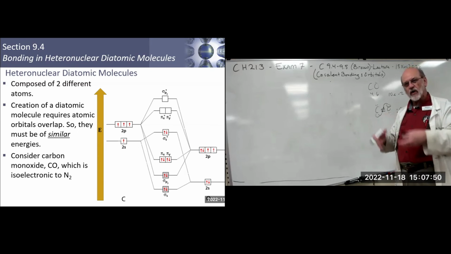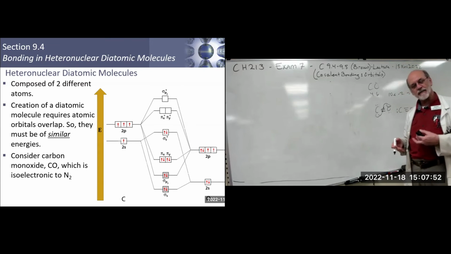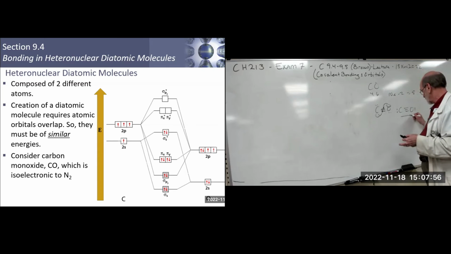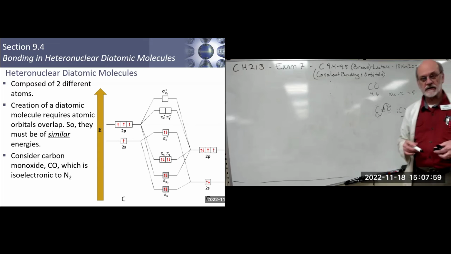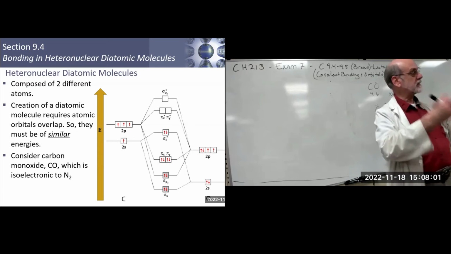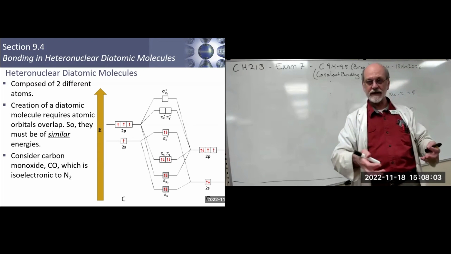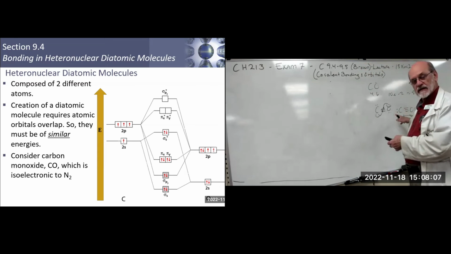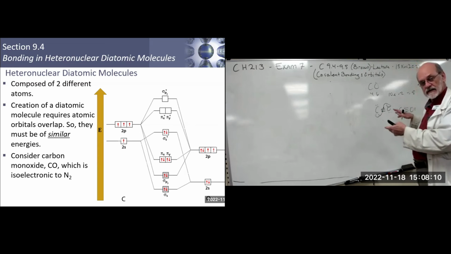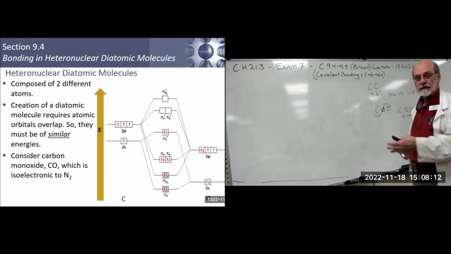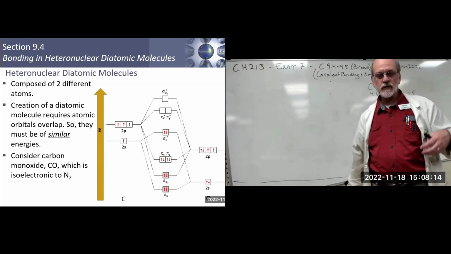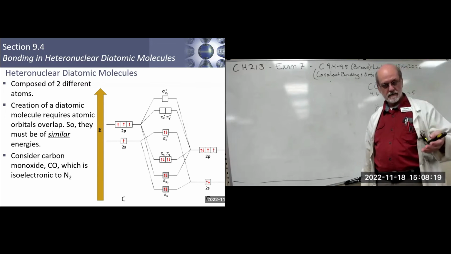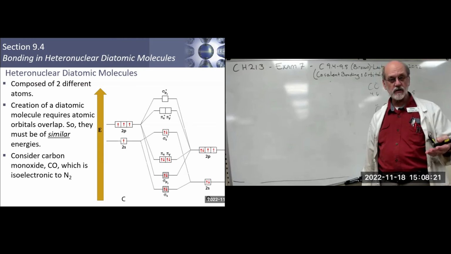And if we use what we know at this point in time about electronegativities, we would say that the bond is polar for the oxygen, because the oxygen is to the right of carbon. It is more electronegative, and that gives you the estimate of relative electronegativities and the polarity of the bond. But if we go to the molecular orbital theory and draw an energy diagram for that molecule, we find